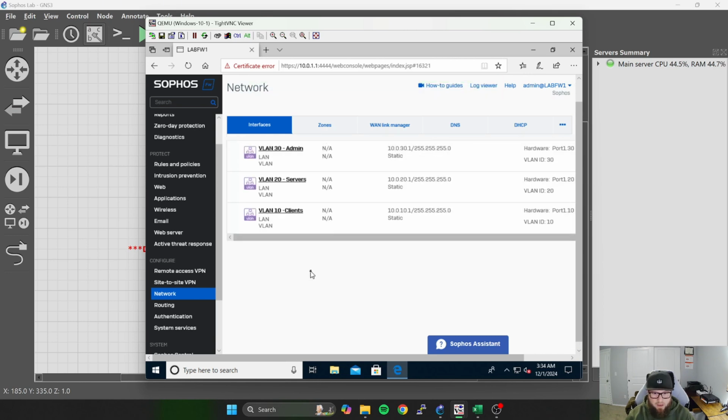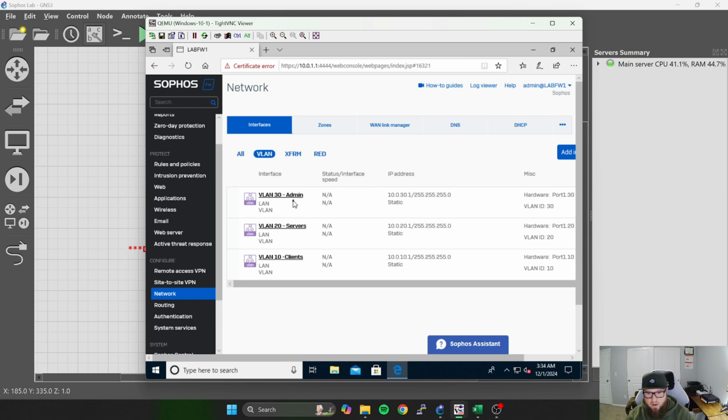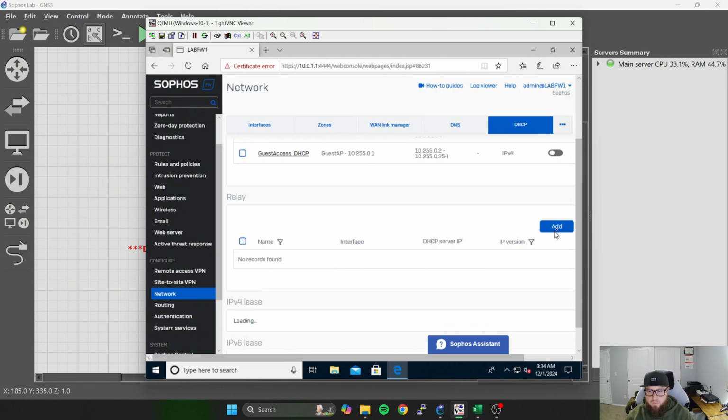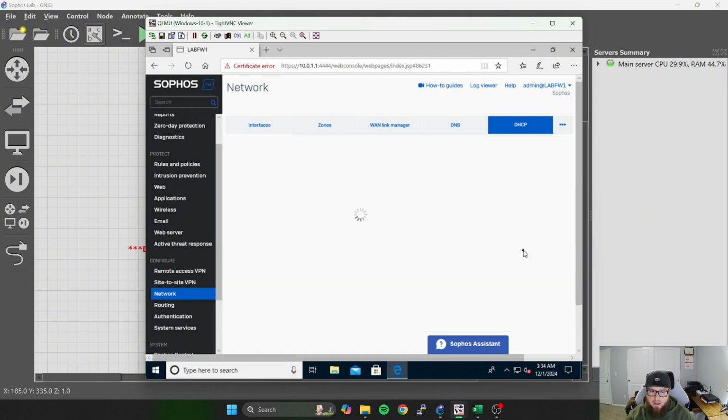Okay, so now we have our 3 VLAN interfaces that are tied to our physical interface. That's going to give us that L3 routing. We've got VLAN 10, 20, and 30 with the associated subnet of .10, .20, .30, all having the .1 actual interface IP address for those virtual interfaces. So now we're going to go back to DHCP, and then we're going to actually set up those relays. So for the relay, I'm going to add a relay,